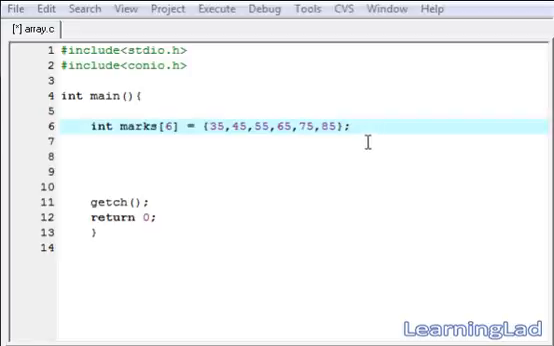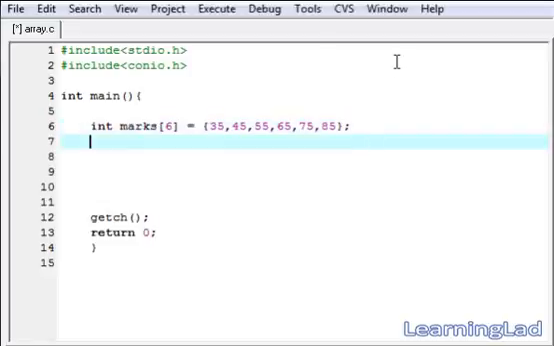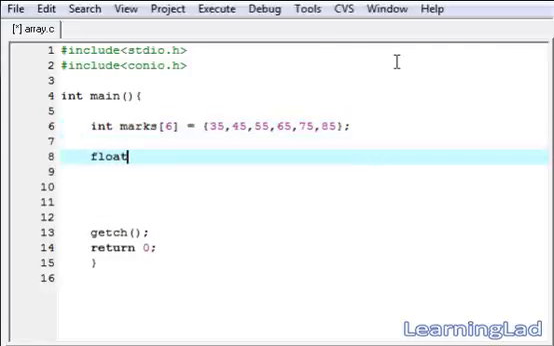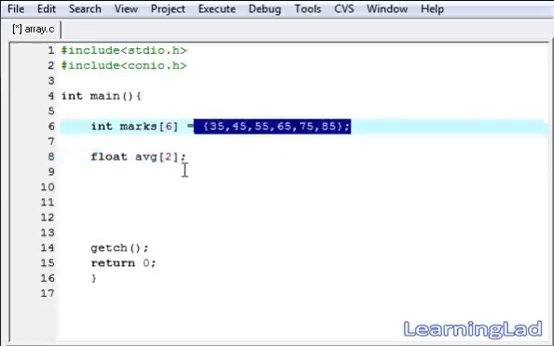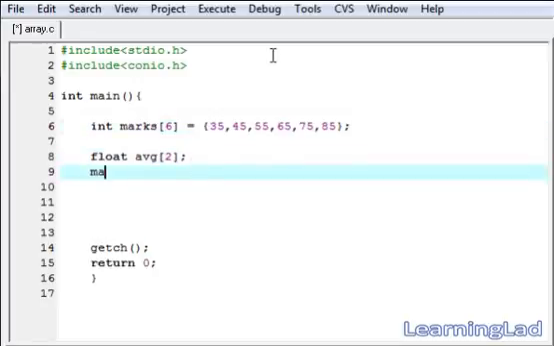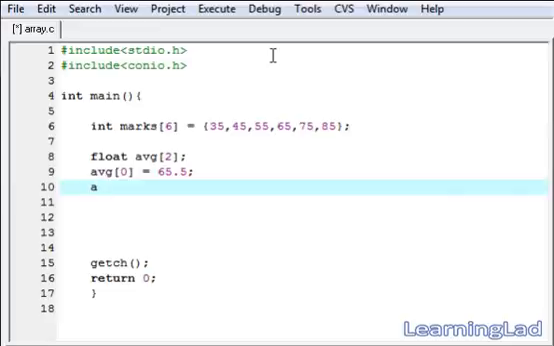Just for the demonstration purpose, I'm gonna create another array of type float. I'm gonna give it the name average to store the average of 2 students. The size of our average array is gonna be 2. So here I'm gonna write average, then at the first location we're gonna save a floating point value of 65.5. Then at average[1], we're gonna save a value of